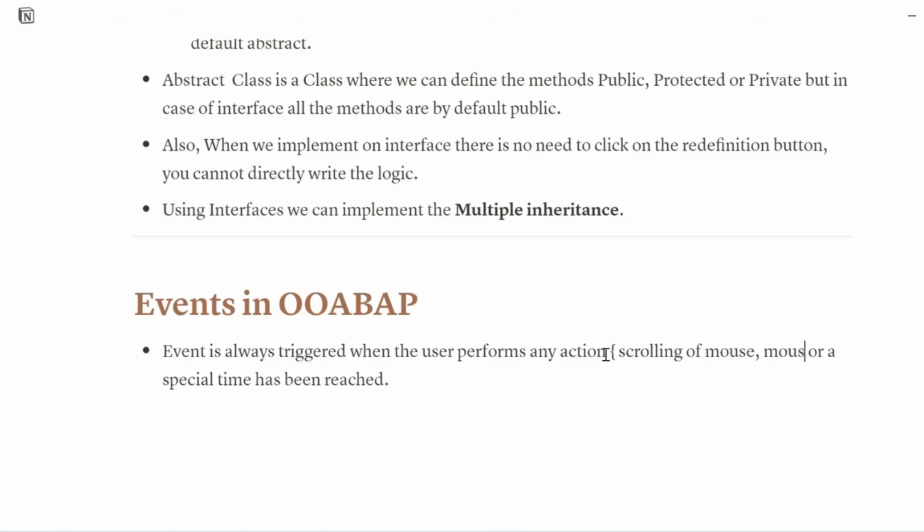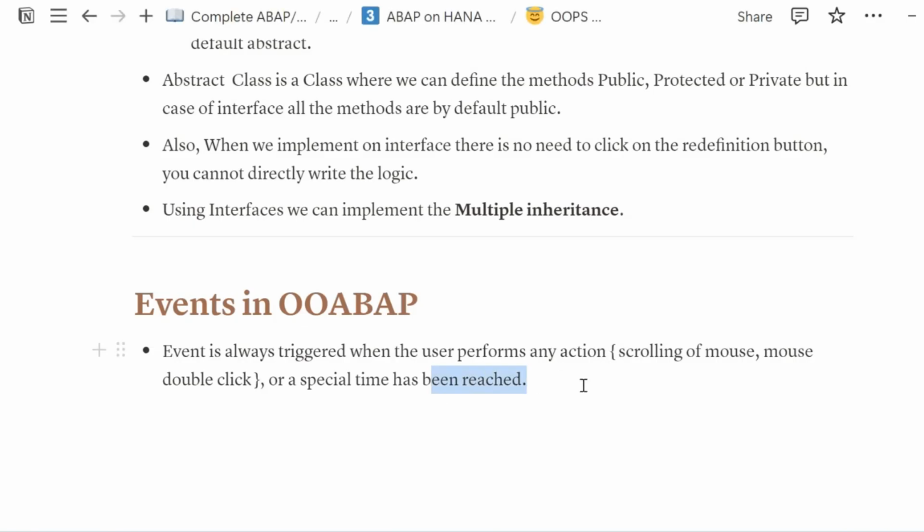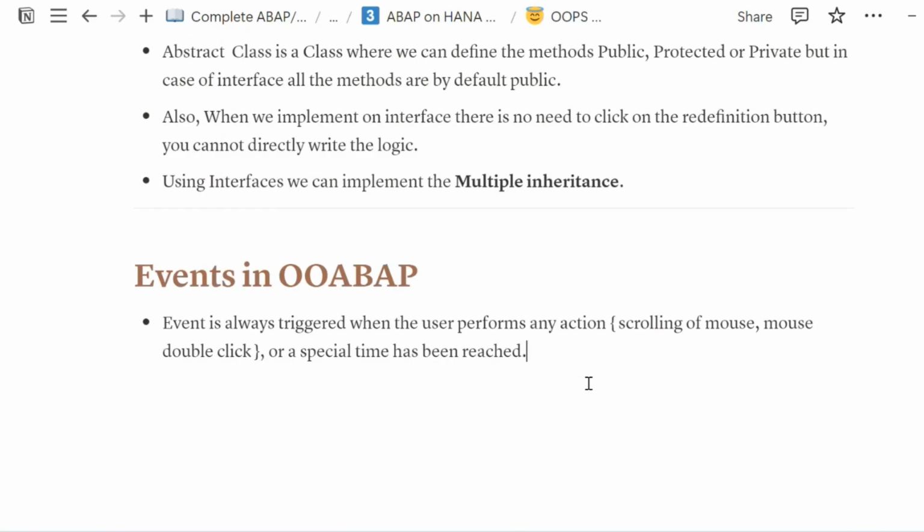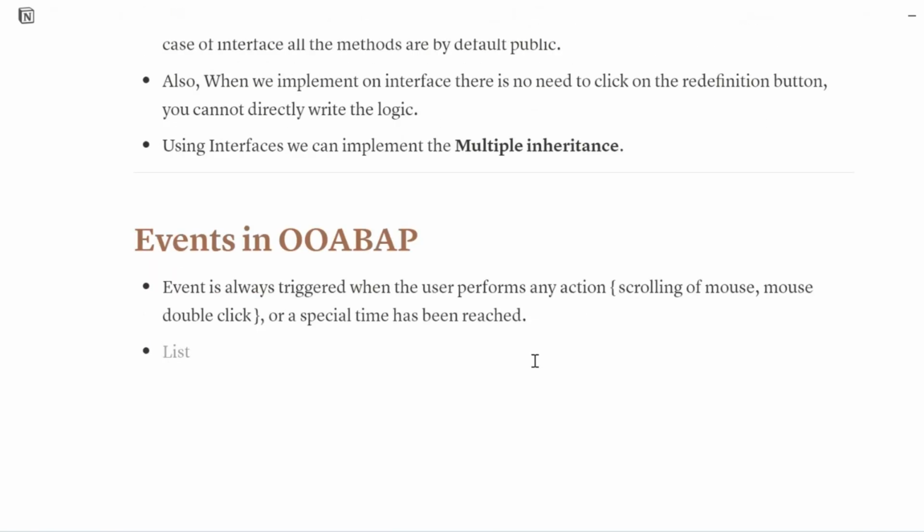Mouse double click, anything. It can be anything based on that. So two ways are there: either the user is doing something or the time has been reached automatically, right? Now if we talk about our object oriented concept, how is an event here? So using events in object oriented programming,